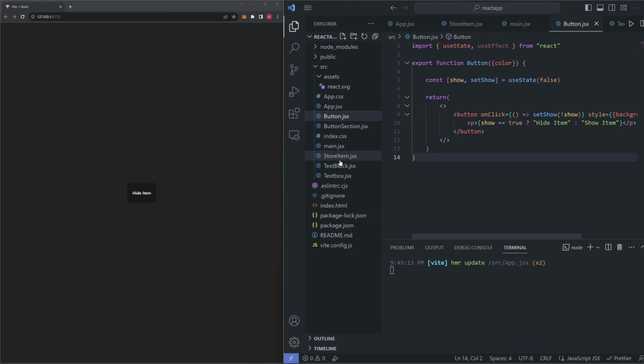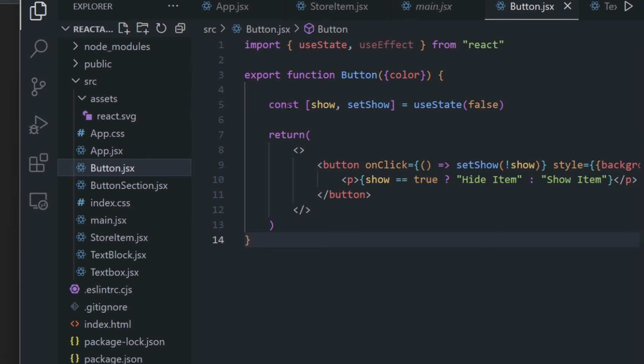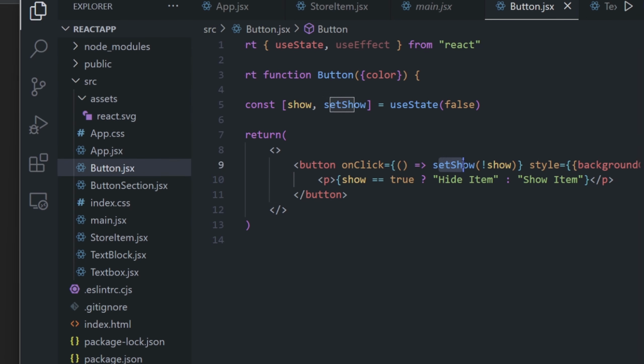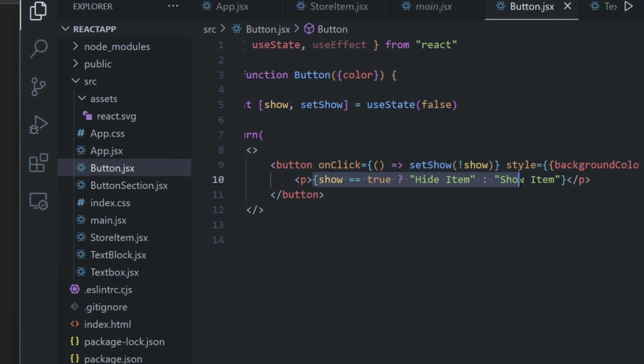So let's go back to our button real quick here. Just to review that, we have our show state here. And then our onClick is just setting the show equal to the opposite of what it currently is. So if it is true, that means we will be showing hide item. And then we click it, and then it is set to show item because we're using this if conditional statement here, where it's basically saying if show is true, then we're going to display hide item. If it is false, we are going to